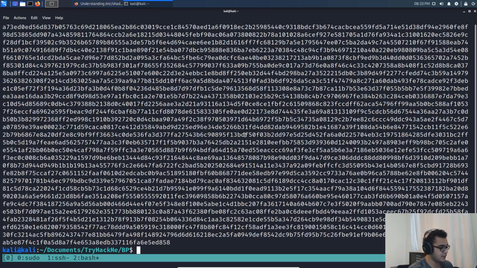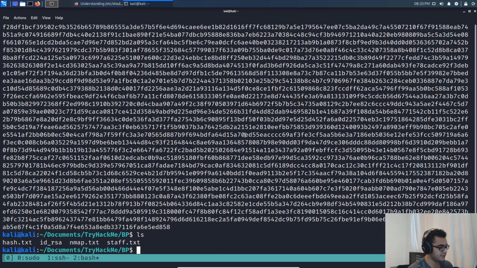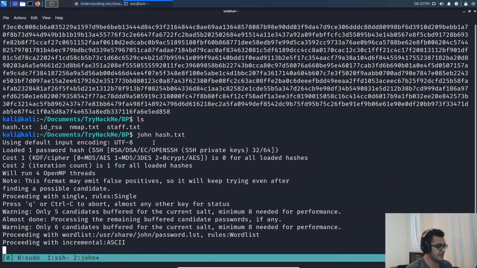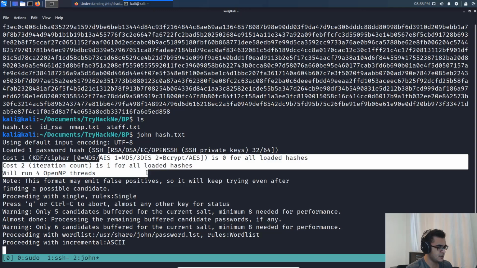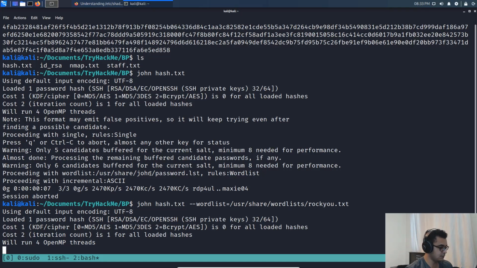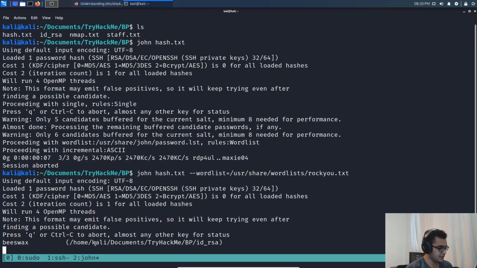So I'll just get out of that, and we list the files. We have hash.txt, so we can say john hash.txt, hit enter, and that should automatically detect it. So it tells us this is MD5, and we can actually use the wordlist equal to /usr/share/wordlists/rockyou.txt, and we hit enter, and let's see whether that is able to crack it,